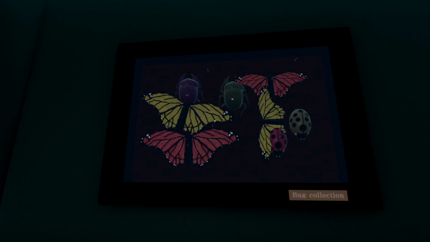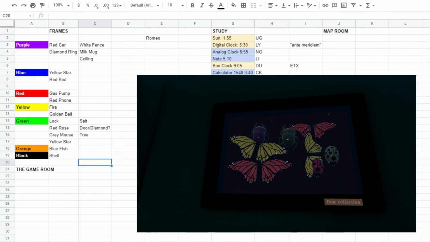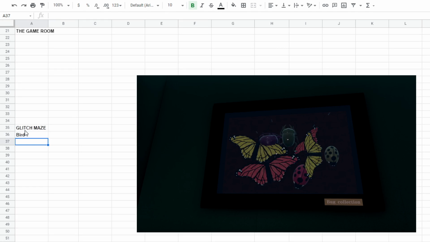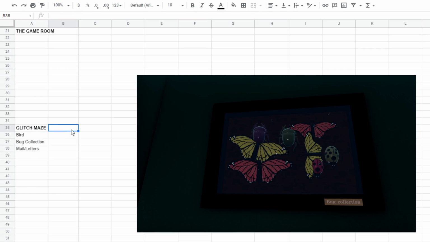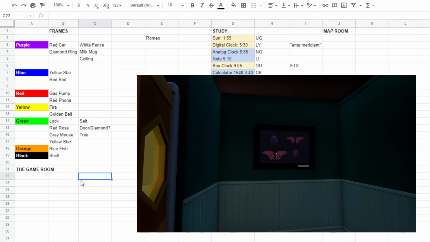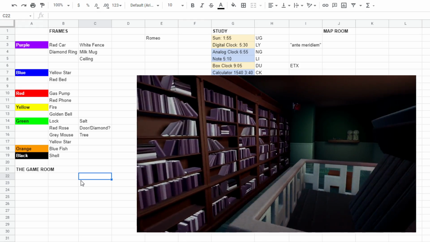Okay. We have context for this, don't we? Maze. Bird. Bug collection. Mail. Letters. That's probably important. Okay. Yeah. The bird painting glitches out, and this glitches out, and that mail glitches out, and now we've been in a glitchy area. So those are probably